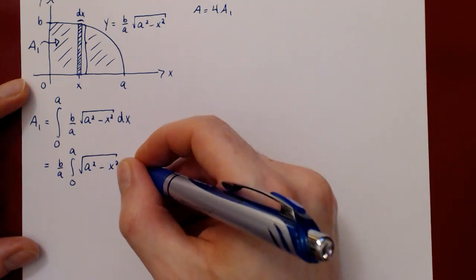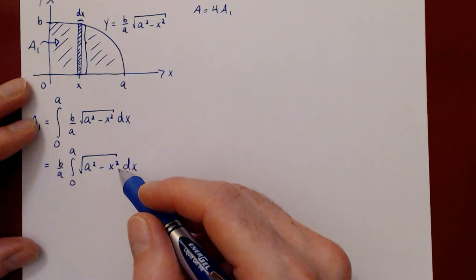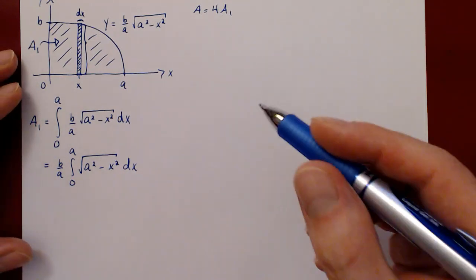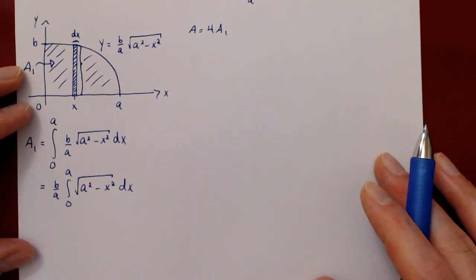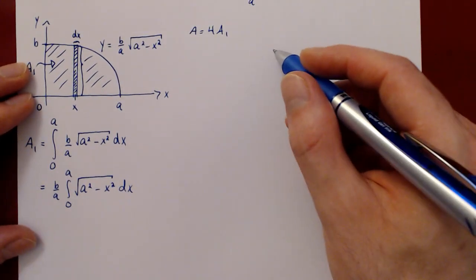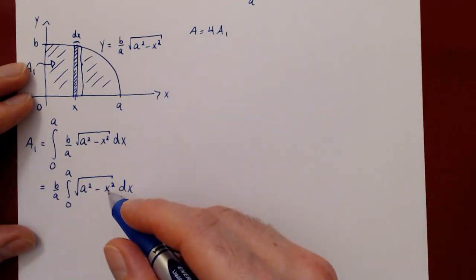And this is not a trivial integral, but if you look, we have a constant minus x squared. We can use here a trigonometric substitution to eliminate the square root. So let's do that. I'll put the details over here. So we will let x